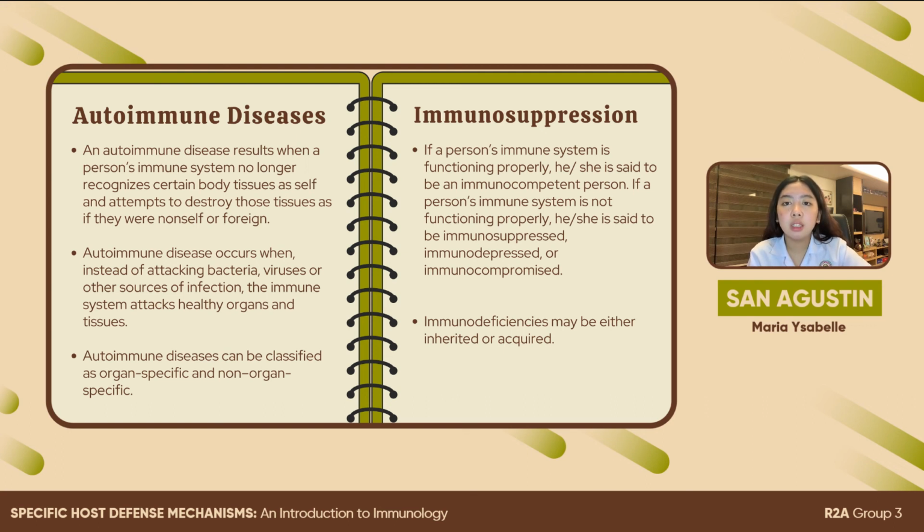Several inherited immunodeficiency diseases are chronic granulomatous diseases, and patients have deficiencies of B cells or T cells, or both, resulting in severe recurrent infections. A person lacking the ability to produce antibodies is said to have agammaglobulinemia,